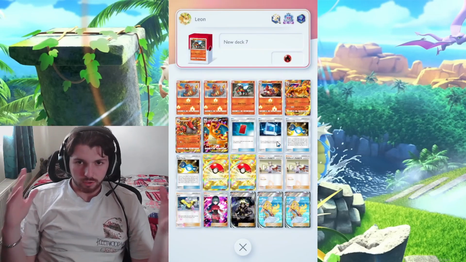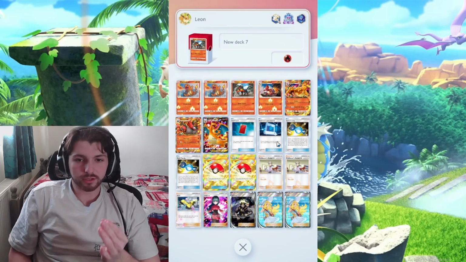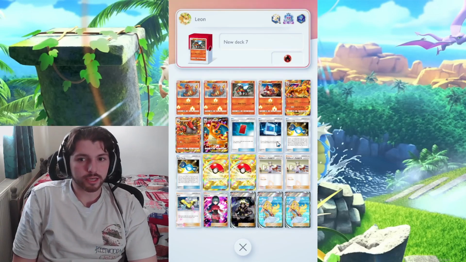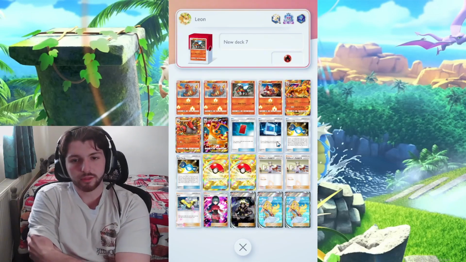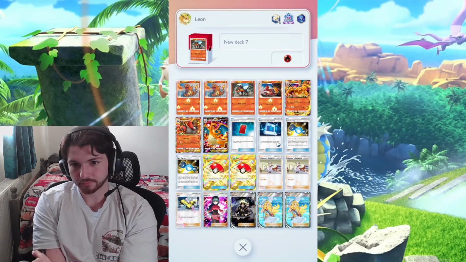If you're running into a lot of Buzzwole, you can play this deck because once you set up, there's not much they can do. You just one-shot everything on your path. The problem with this deck is if you don't open your Charizard on your second turn,